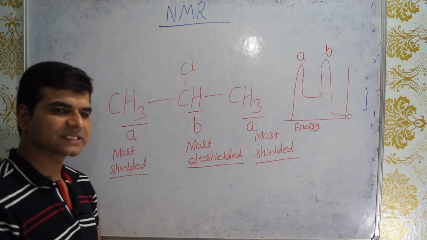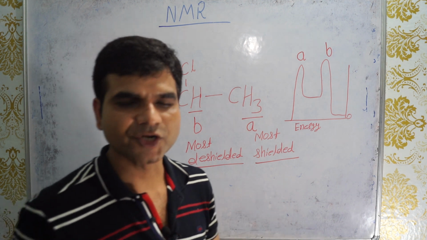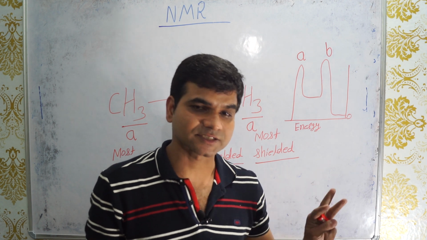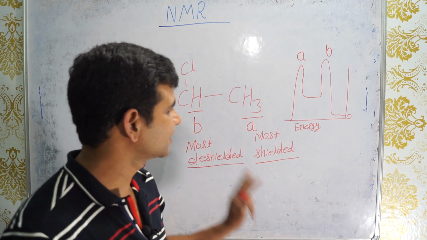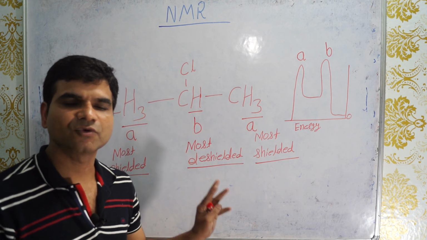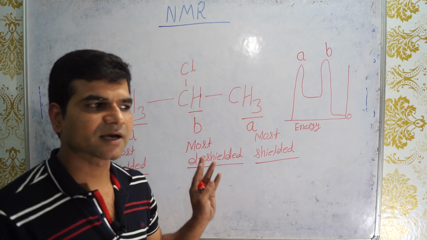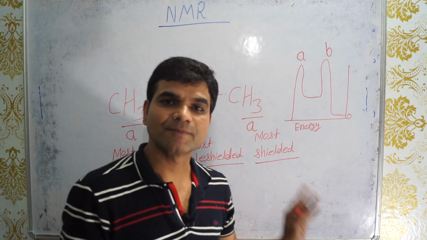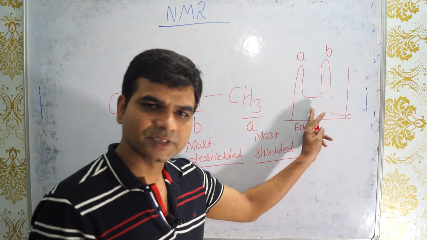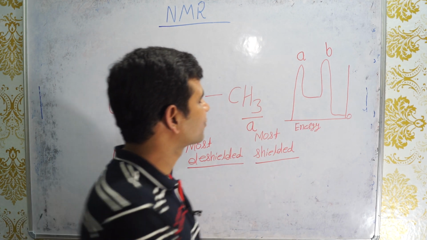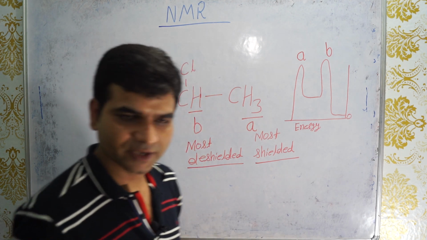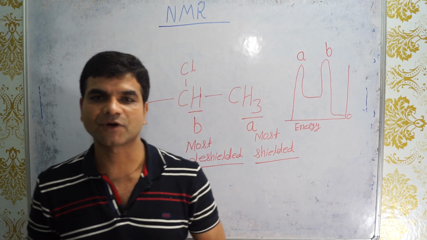In conclusion, we can say that if you place chloropropane into an NMR machine, and the NMR machine generates a graph containing 3 signals or peaks, then we should think chloropropane is available in the form of 1-chloropropane. But if the NMR machine generates a graph containing 2 peaks, then we should think chloropropane is available in the form of 2-chloropropane. That's all about the example of NMR.